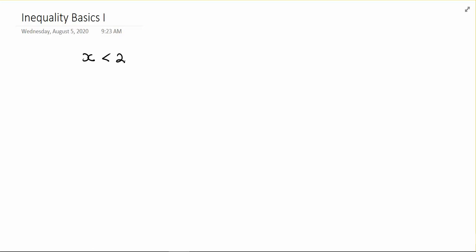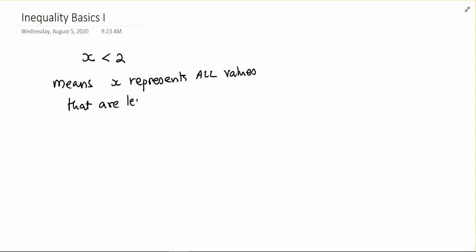Well, what this means is x represents all, and this is an important thing, not one specific value, but it represents all values that are less than 2. Okay, so if you wanted to draw a picture of this, a graph of this, then you would